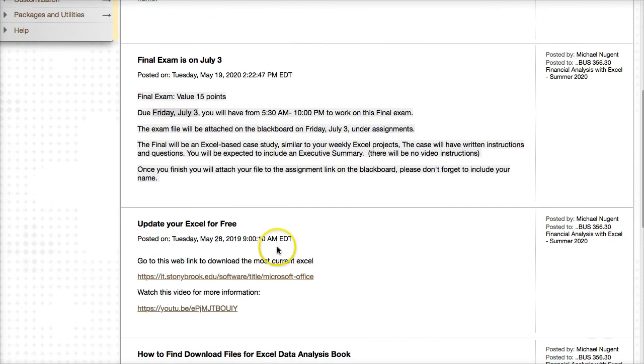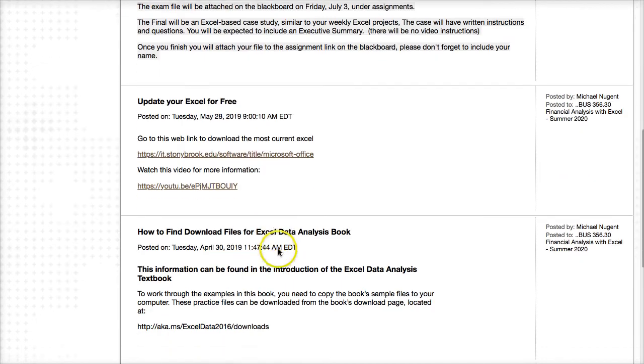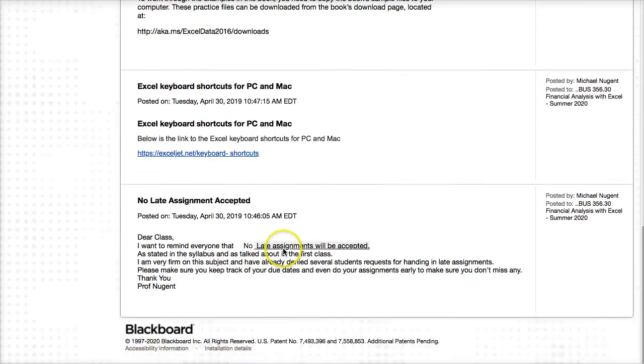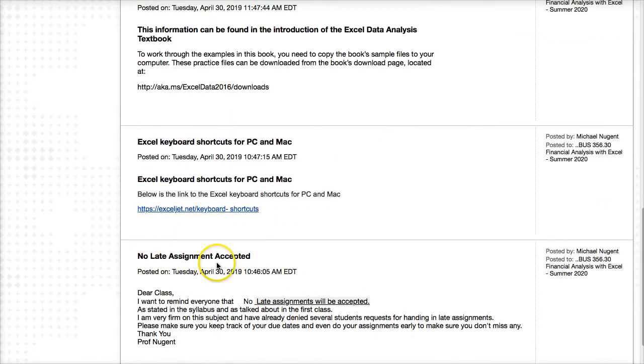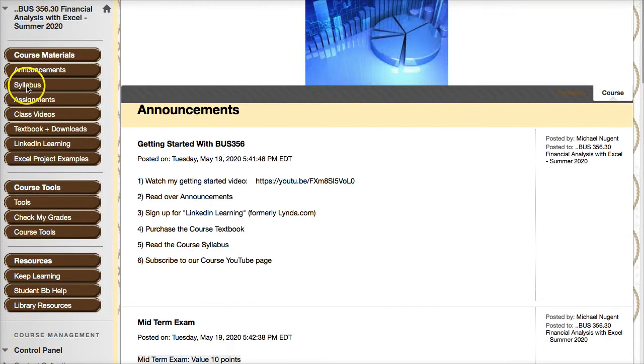And you'll be asked to create an executive summary. You can get the latest Excel upgrade through Stony Brook. I put the links here on how to upgrade your Excel to at least Excel 2016, if not Excel 2019. Here's some information on how to find the download files related to the textbook. And the very important: no late assignments will be accepted for this course. So those are the basic announcements. If we go to the syllabus